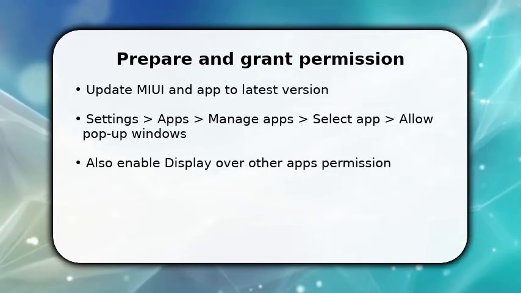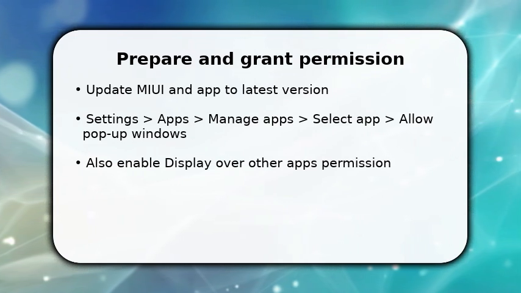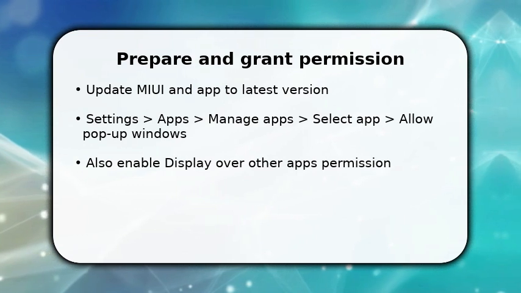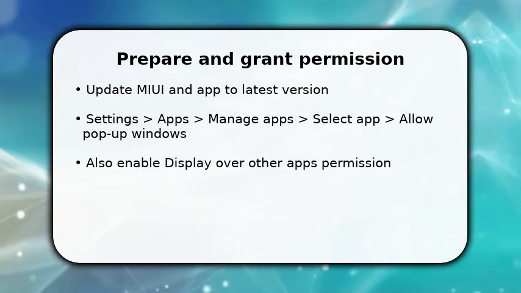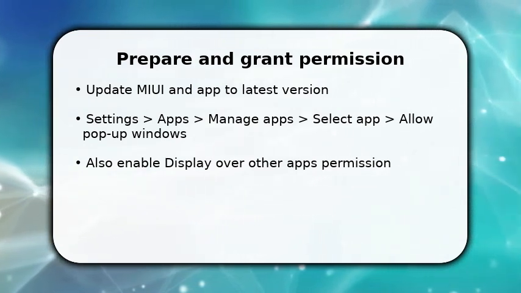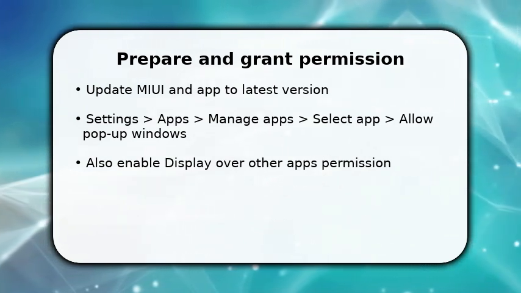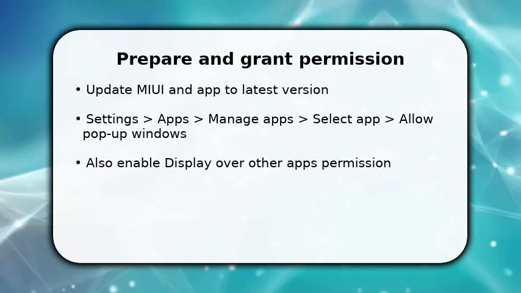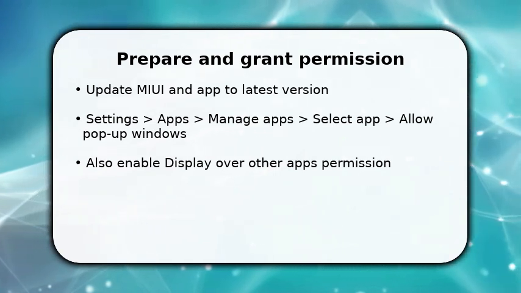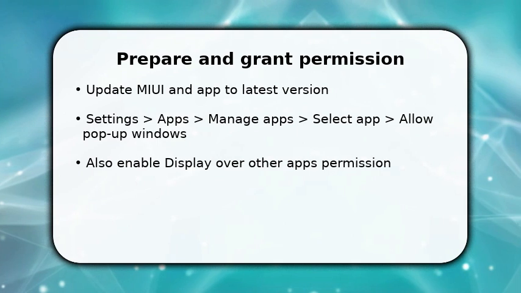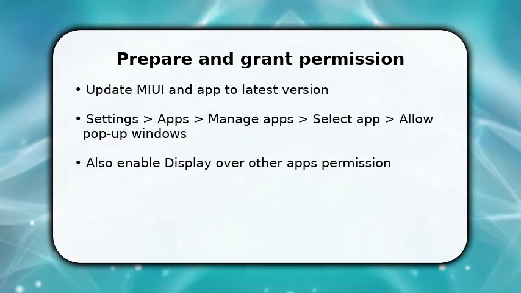You start by giving the app the right permissions so floating windows can appear. Go to Settings, Apps, Manage Apps, pick the app and enable Display pop-up windows and display over other apps. Once done, make sure the system and app are updated because MIUI sometimes hides features on older builds. This is the first actionable step. Without these permissions, the phone blocks floating behavior, so grant them now and proceed immediately to open the app you